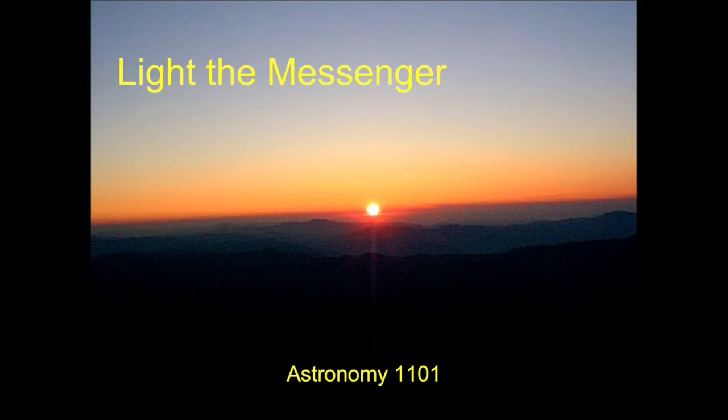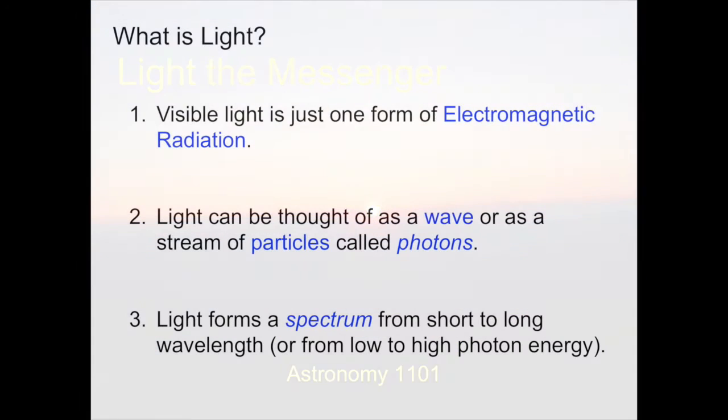In this lecture, we're going to learn about the properties of light, electromagnetic radiation, that is our principal way of interacting with astronomical objects. Very often in astronomy, we can't touch, we can only see what an object looks like from a distance, and the agency by which we see is electromagnetic radiation.